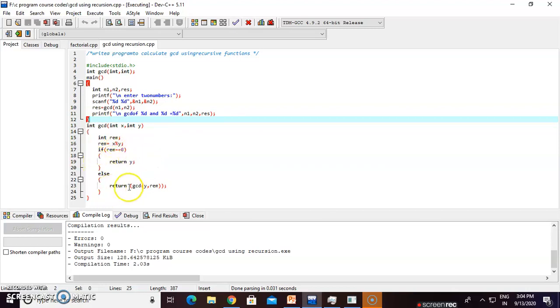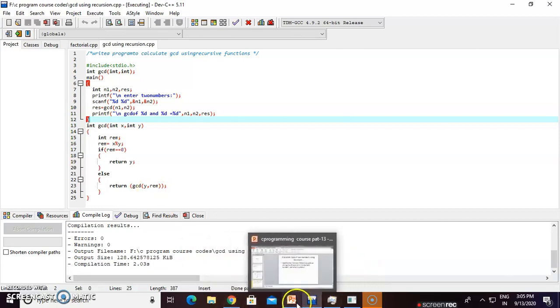Else we return GCD of y comma rem. Here it is a recursive call, because the GCD function calls itself inside its body, GCD of y comma rem. Okay, you know the GCD.